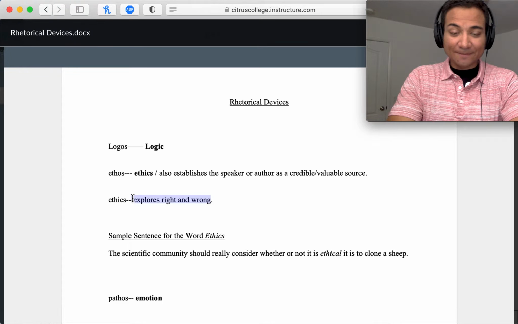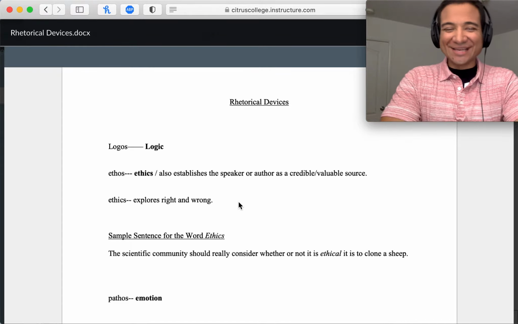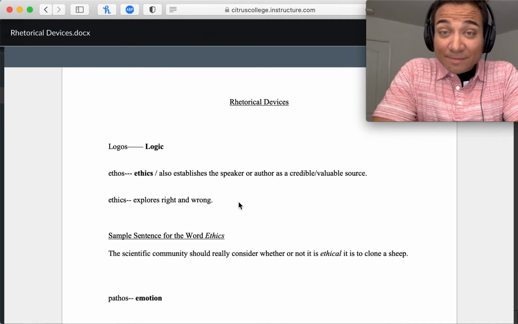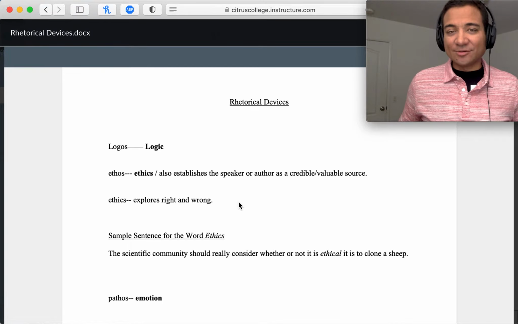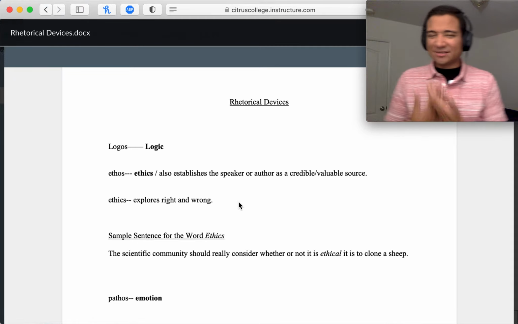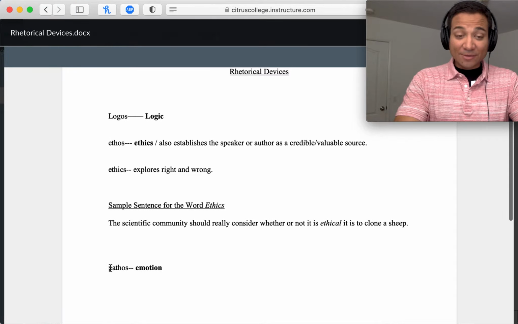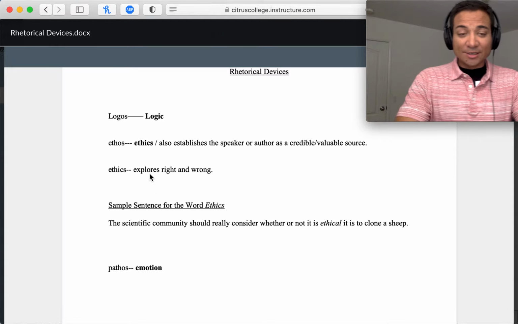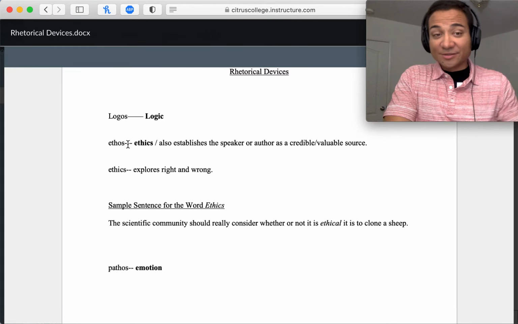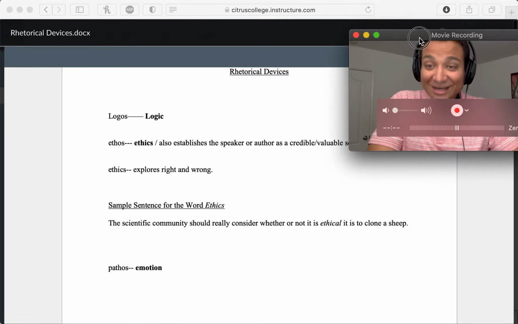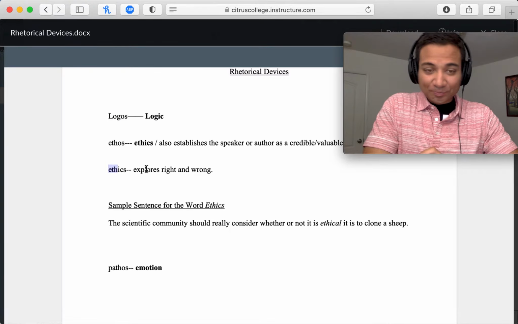And exploring right and wrong. Yeah? Let me give you an example. Maybe you're looking at an opinion piece, an editorial in Los Angeles Times, and maybe it's about makeup that performs animal testing, and it's really hurting these animals, and it's making it clear like, hey, this is wrong. This shouldn't be like this. That's very much ethos, and actually, pathos is pretty close to ethos in that respect. So, if ethos explores right and wrong and appeal to ethics, pathos, unfortunately, there's no little 3-letter shortcut like here, like LOG, logic, ETH, ethics,